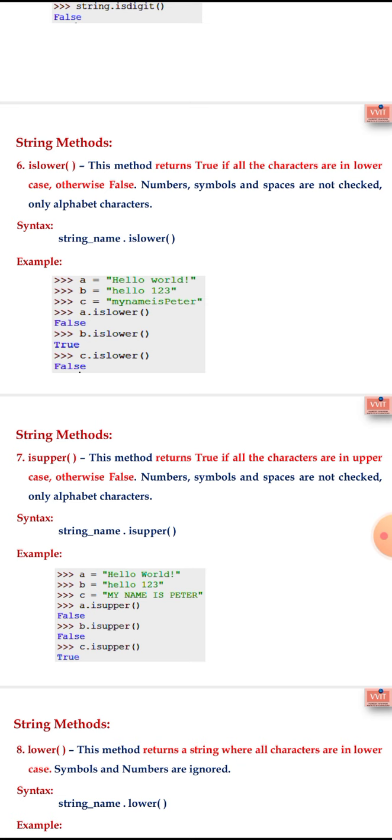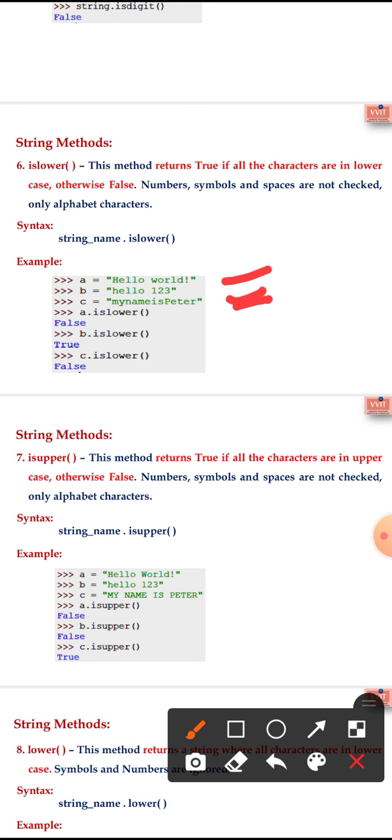First, A.islower(). In this, there are lowercase letters and uppercase letters, so it gives false. In B, "hello 123", there are only lowercase letters, so it gives true. And in the case of C, "my name is Peter", it gives false.